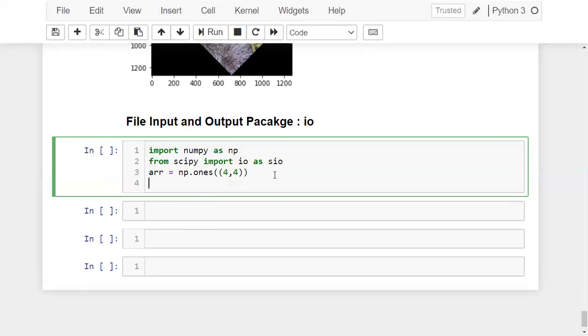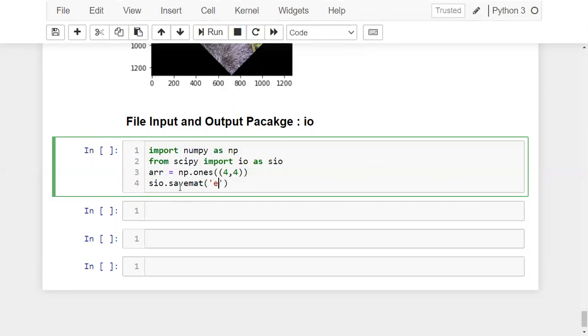Okay, so now I created the array. I want to store this array in some file with the extension .mat. Use this package name SIO. The function is savemat. Using this savemat, you need to save your array.